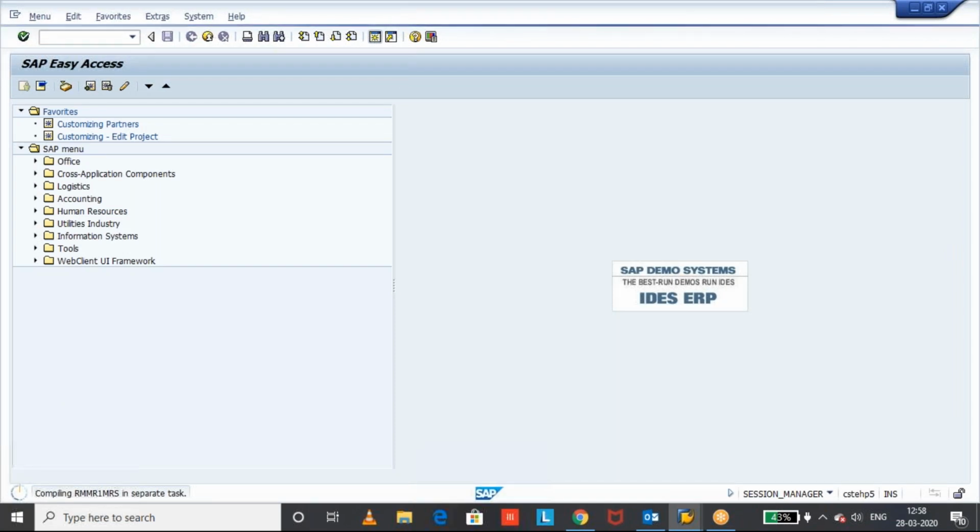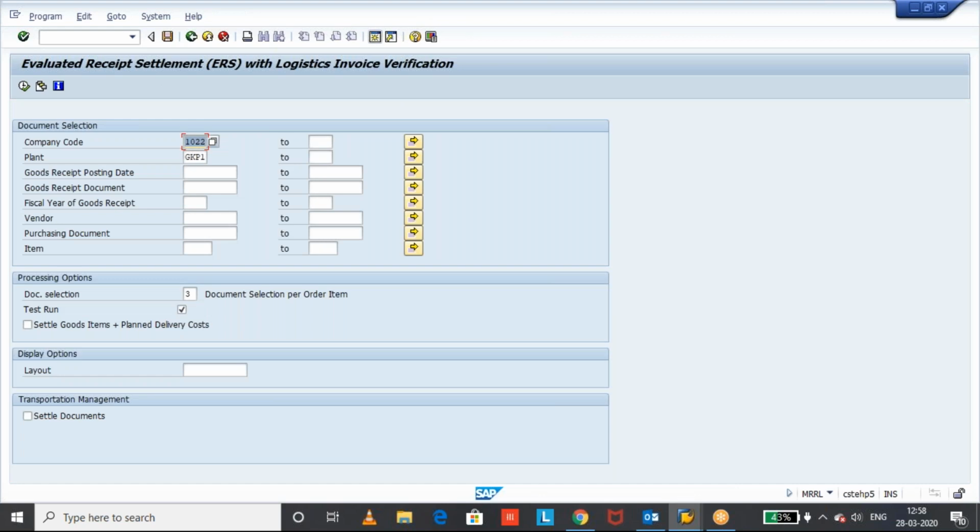So the invoices which are related to ERS, for example, the vendors who agreed with the company, who is the customer, I am going to provide you always a similar price based on your goods receipt. So there is no manual invoice verification required, and the invoice receipt can be created automatically based on the goods receipt document. So for this MRRL transaction code, we keep a batch job which runs every half an hour, every 1 hour, based on the business requirement.